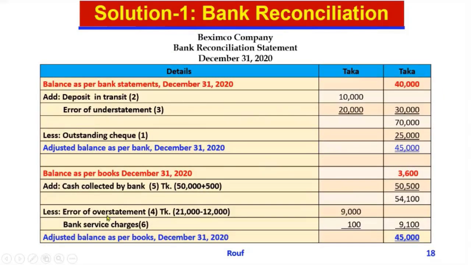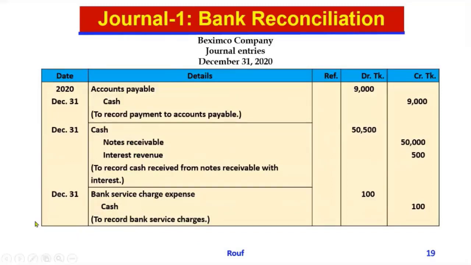And another 2 items, less or minus items. So cash will be outflow. So the journal entry will be bank service charge debit, cash credit. Bank service charge expenses debit, cash credit. And another item,